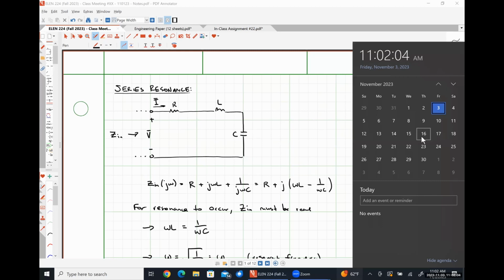So we're going to talk about parallel resonance today, and then we're going to look at other resonant forms and effectively how to make things that aren't simply a series RLC circuit or a parallel RLC circuit look like one of those so that we don't have to do a ton of terrifying differential equations in order to figure out what our bandwidth, Q factor, and all that kind of stuff is. After we cover that, we're going to talk about frequency and magnitude scaling of circuits, which will lead us into filter design.